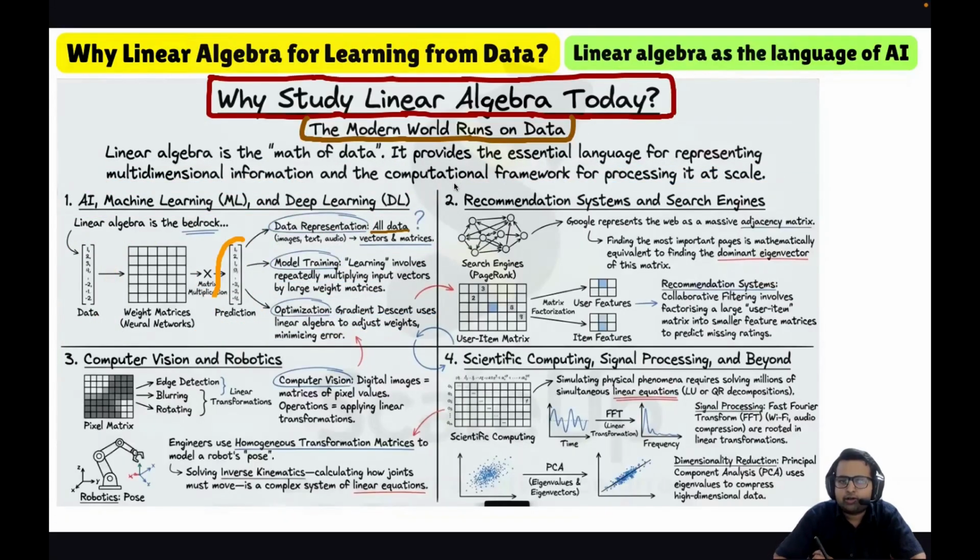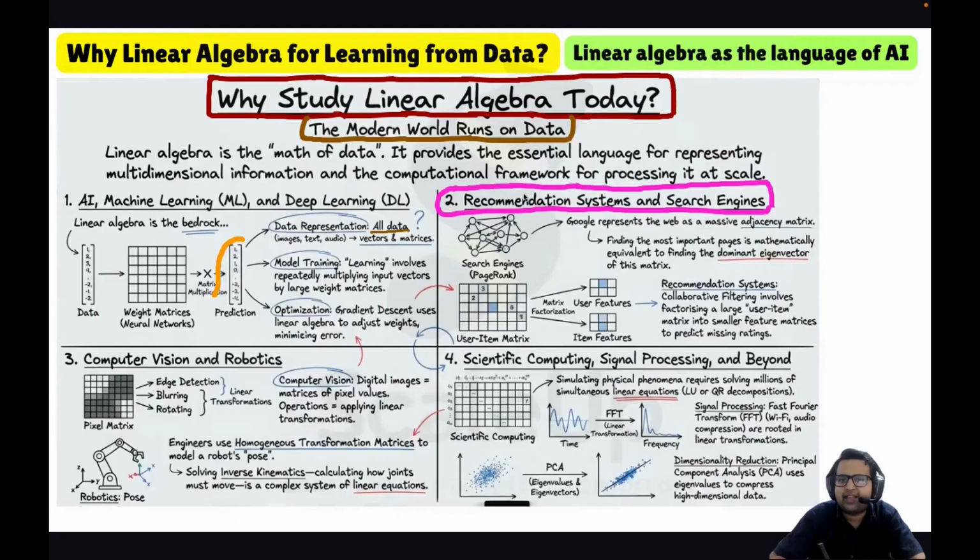So linear algebra also plays a role in recommendation systems and search engines. Modern web platforms rely on matrix operations to organize the internet and predict what you will like. So in search engines, matrix operations are used, and in recommendation systems, matrix operations are used. If we talk about search engines, we are mainly emphasizing